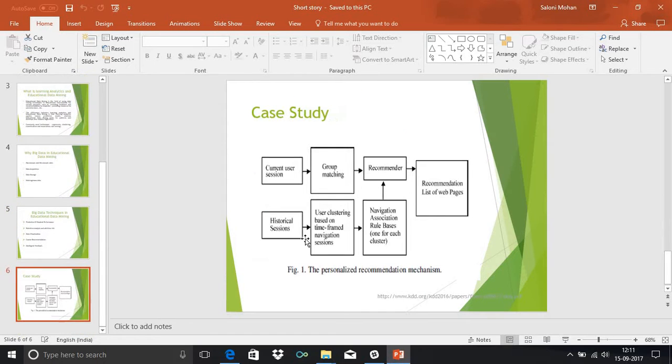Now I would like to discuss a small case study in which association rule mining and clustering techniques have been used to give personalized recommendation to the students according to their interest, and therefore it will be made sure that they take the course in which they actually have a proper interest and have full information for it. This is the diagram which gives a very high level view of the technique which is being used. The personalized recommendation scheme builds a knowledge base of navigation patterns by first clustering users based on the time frame of navigation sessions,